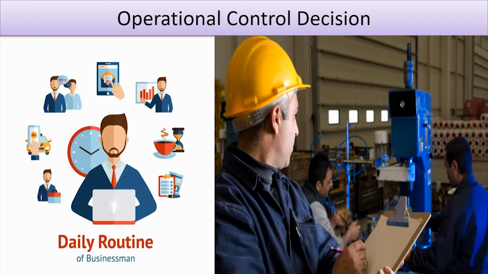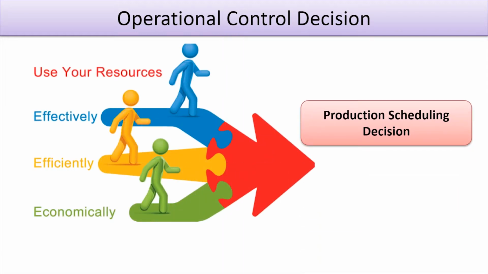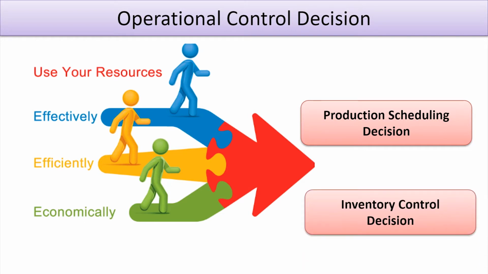The decisions direct the use of resources and the performance of tasks according to procedures and within budget and schedules, and are established for the teams and other work groups of the organization. For example, production scheduling decisions, inventory control decisions like product to be produced for the day, etc., are included under operational control decisions.